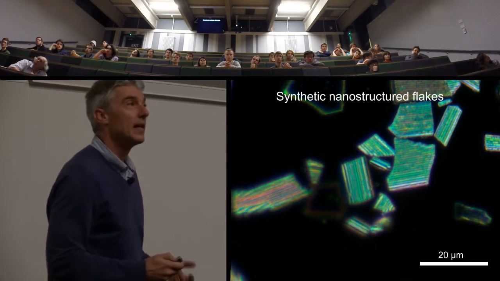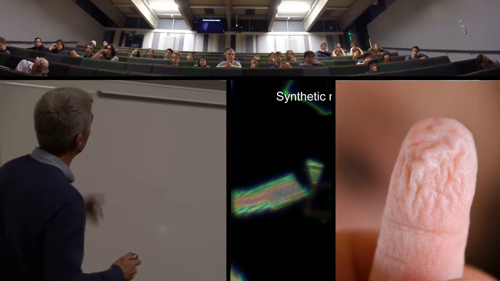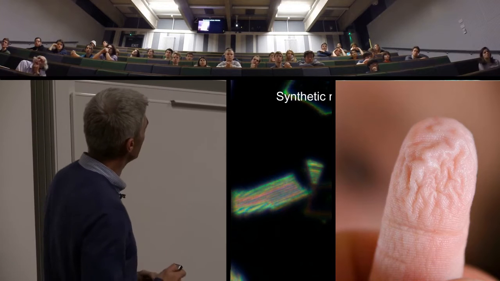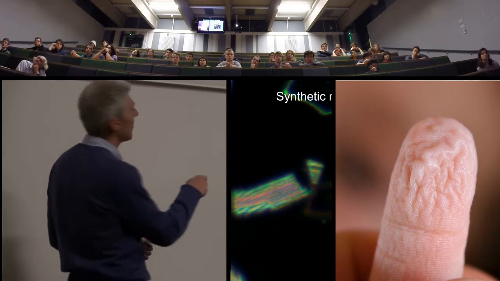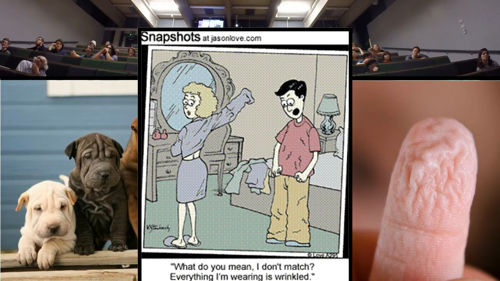So let's get on to the disorder, or approach disorder. Here's some wrinkles. That's one of my young children when they were born, or just after bath time when they were born. Here apparently are the dogs we're getting for Christmas this year. Here's the person who requested those dogs. And here's what tends to happen between myself and my wife before we go out on that rare occasion. Let me be a bit more serious now.